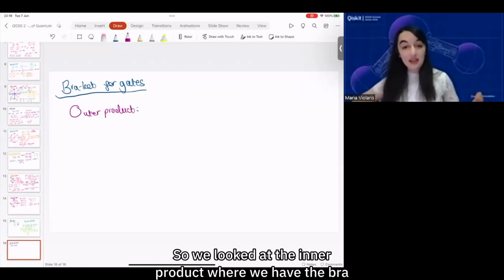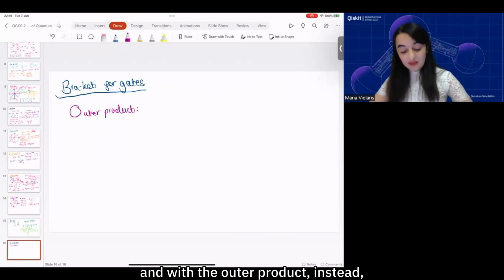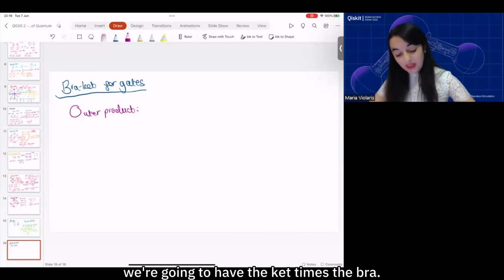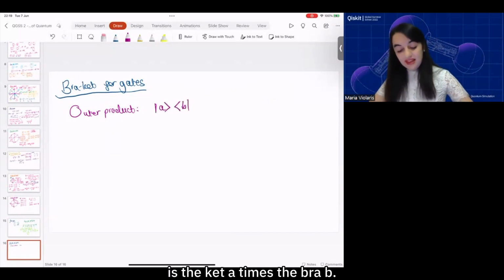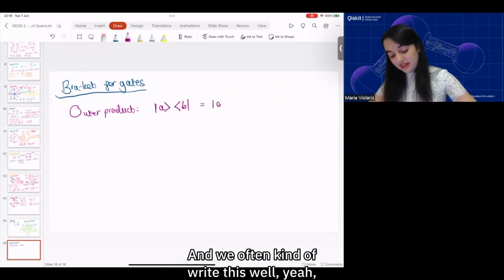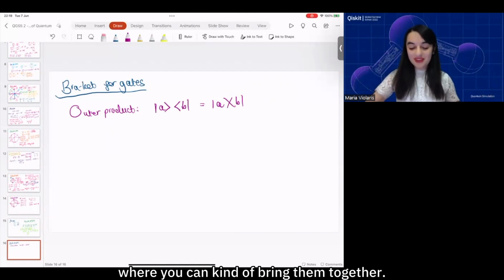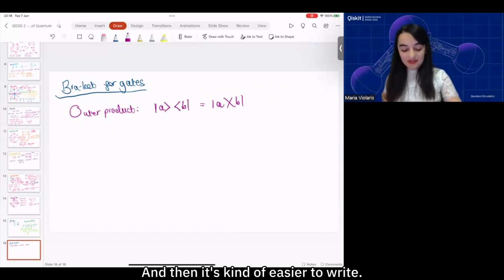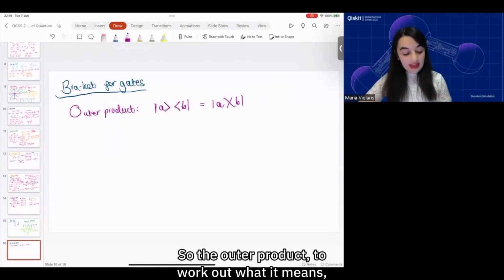We looked at the inner product where we had the bra of a state times the ket, and with the outer product, instead we're going to have the ket times the bra. So the outer product of A and B is the ket A times the bra B, and you can write it either way. You can bring them together and then it's easier to write. So the outer product,